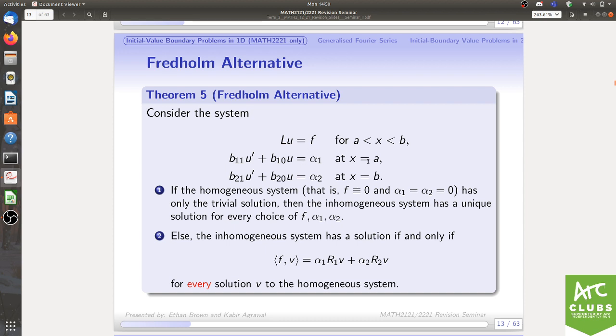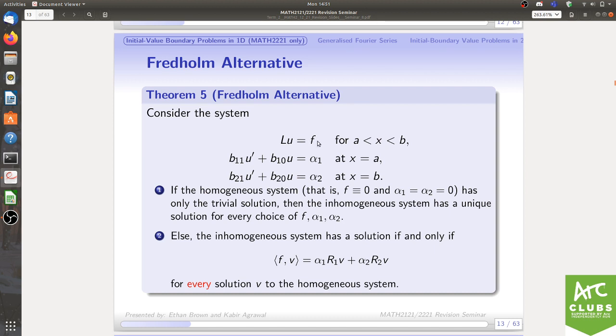Now, what ends up happening is that if we have a homogeneous problem, where f is identical to 0 and each one of these boundary conditions is 0, then the only solution to the homogeneous version of this problem is going to be the trivial solution, because the boundary conditions are 0 and L of u is going to be 0 everywhere in between. So the only solution to the homogeneous version of this problem is the trivial solution,